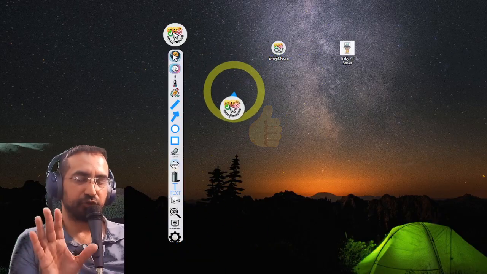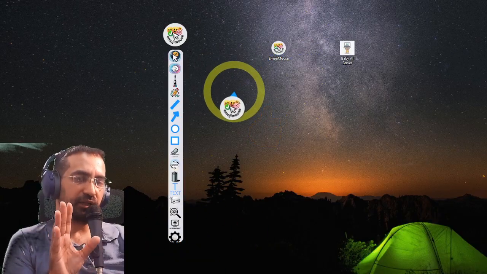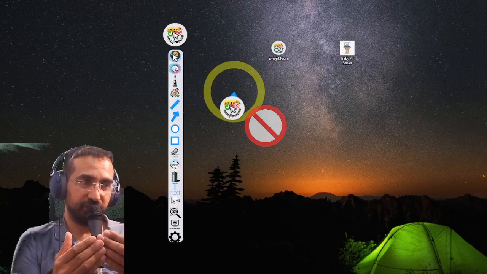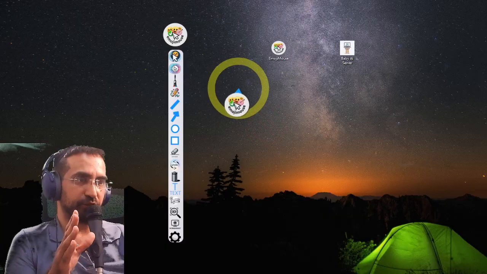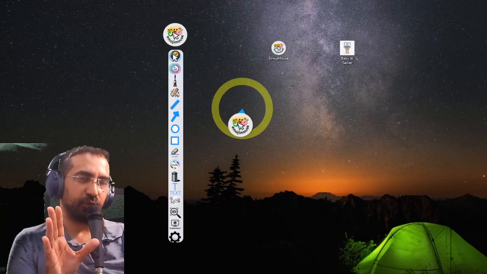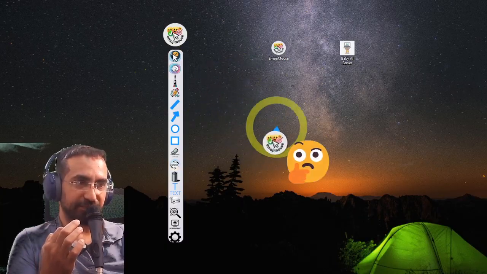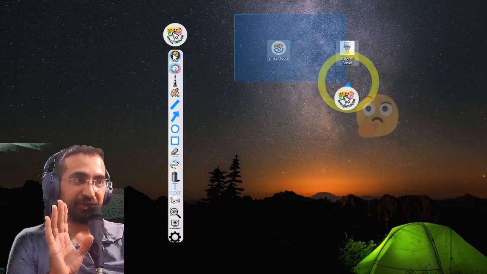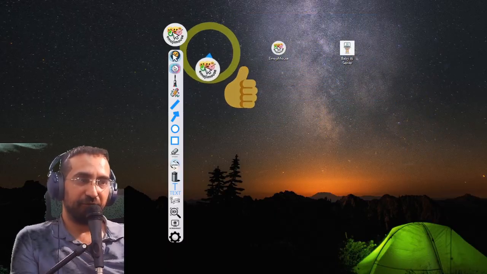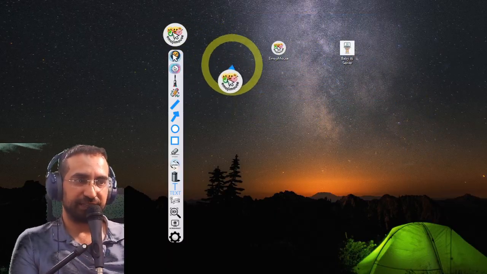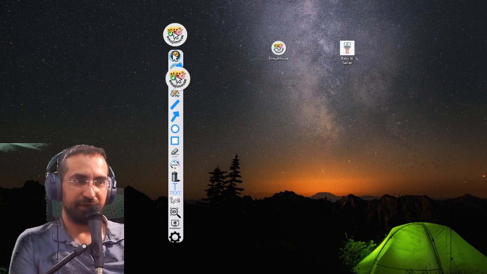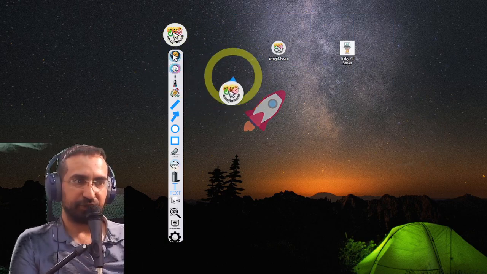So now I'm branding my cursor with my logo, which is absolutely incredible, because what that means is that when I'm demonstrating this software to you, you can see the logo of the software as my cursor. Now, apart from being able to create emojis and have this highlighter around the mouse, this one that I can switch on and off,